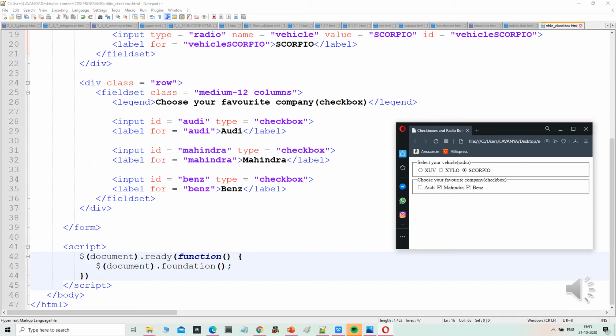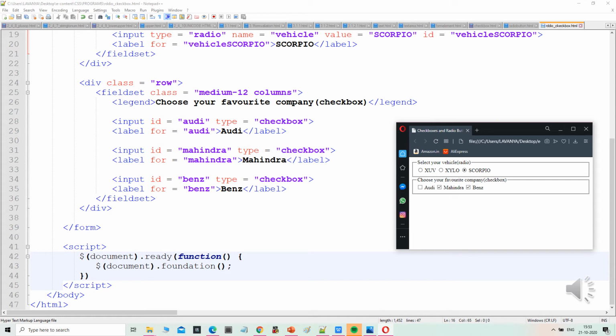We have taken vehicles as the radio buttons, and company for the checkboxes. For the radio buttons, we write input type is equal to radio, name is equal to vehicle, and the values for the vehicle are XUV, then Xylo, then Scorpio. This means there are three radio buttons with three different values for the vehicle.